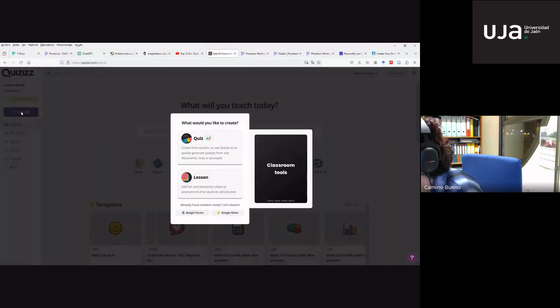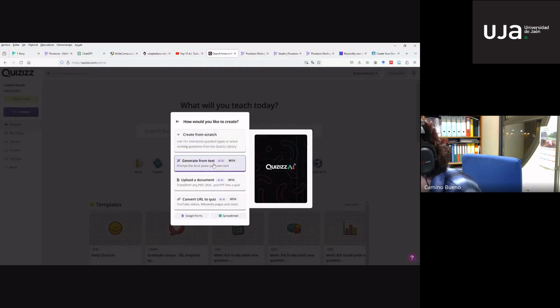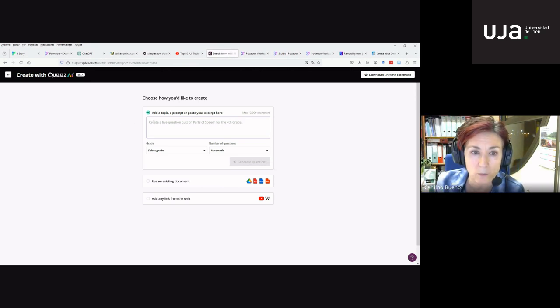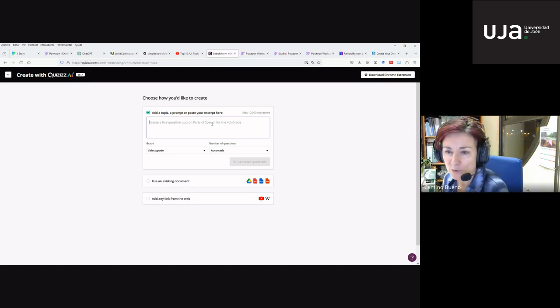here. You can create it automatically, generated from AI, which I did before. So you can here write, for example, what I have done, I wrote down there, create a test with phrasal verbs with on, up, down.